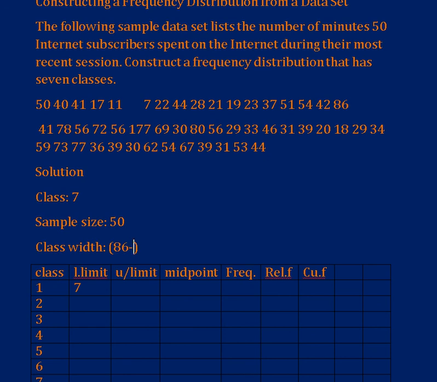The maximum number here is 86, which you could find here. The minimum number here is 7, which you could find there. Now you're going to divide that by the number of classes, 7, and that's going to give you the class width. So you're going to have 79 divided by 7,